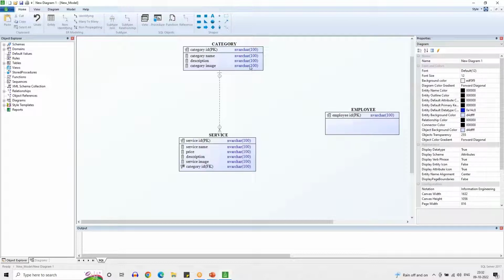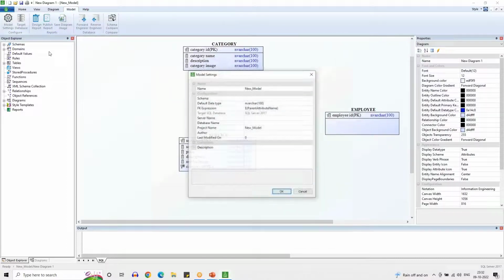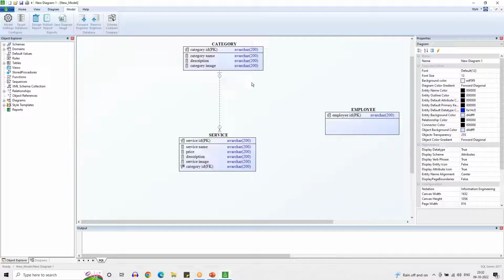Hold on. If you look at the data types, you will find nvarchar(100) for all attributes. This is coming from the model settings. If you go to model settings, the default data type can be seen here. If you make it nvarchar(200), now you can find all attributes assuming nvarchar(200), a model-level setting